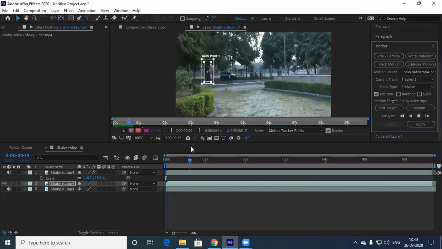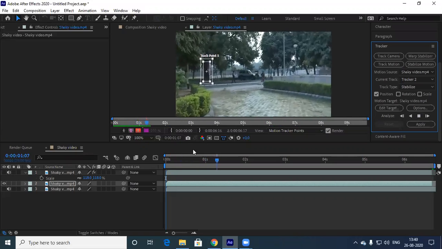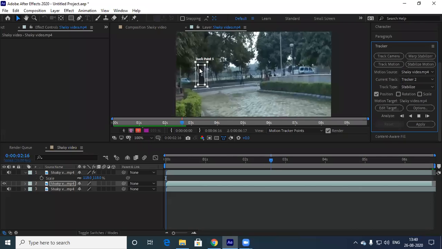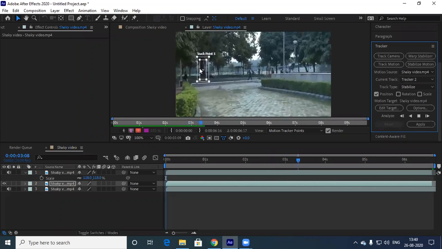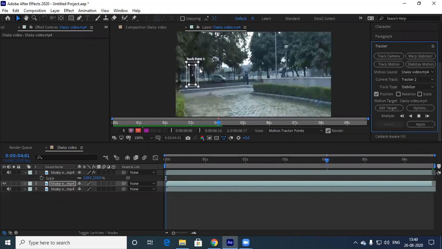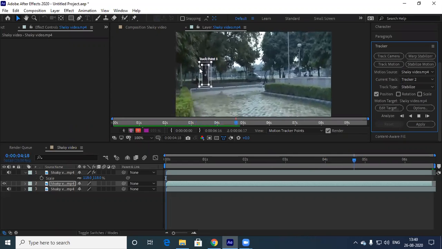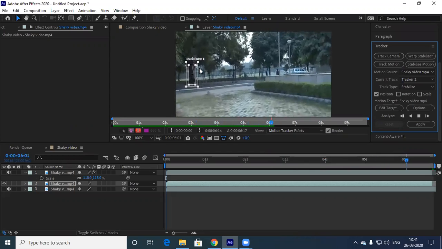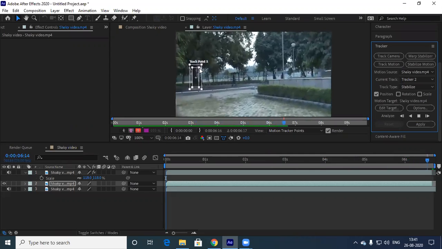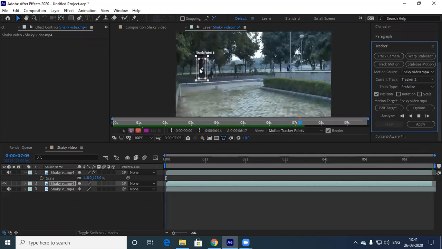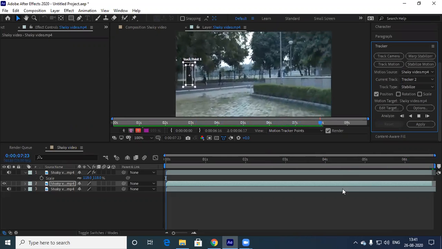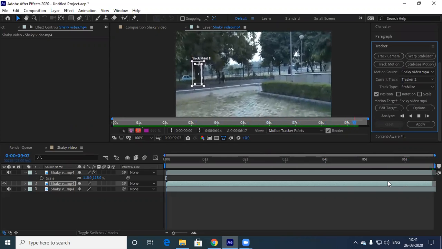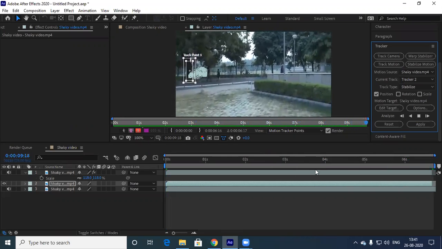Now, hopefully it is happening now. It's tracking. Because you have to make sure from the footage, from the beginning to end, which element is present consistently, then only you can track, otherwise you cannot track. Okay, now there is a character entering somewhere near that box. Yeah, I think it's done. Okay, it has done for all 10 seconds. That's okay, fine, it is done now.